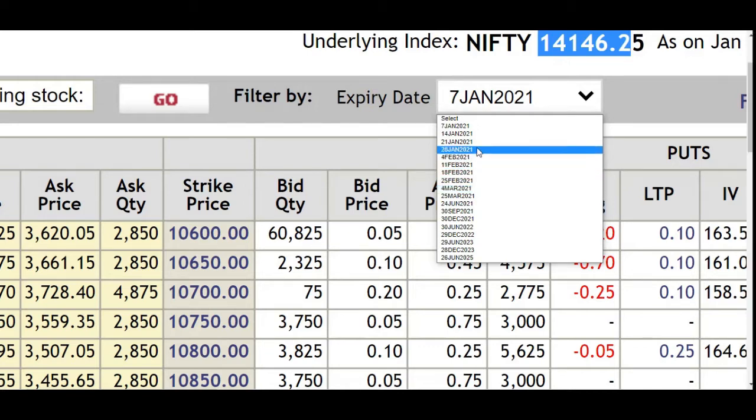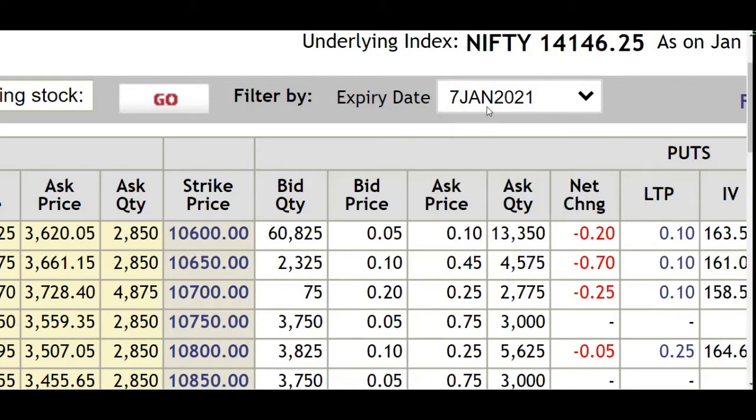Here we can see the weekly contracts till the 25th, and after that only the monthly contracts are available. You can trade till 2024. Right now we are in 2021, so around 4 to 5 years of expiries are available. You can see some liquidity issues in Indian markets, but in the US markets you can find good liquidity even in the 4 month contracts. So that is about the expiry date.